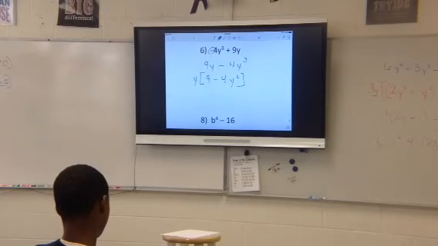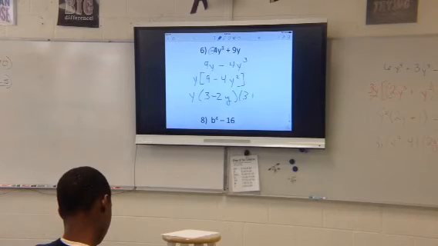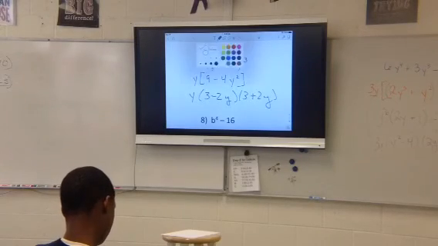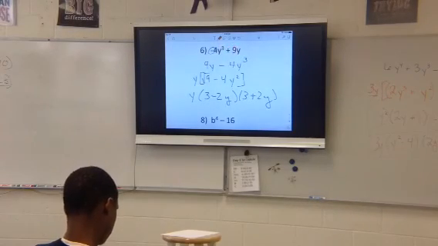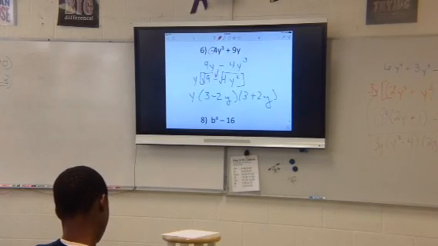Okay, we got y, and then I have parentheses 3 minus 2y, and then 3 plus 2y. Very good. Okay, so again, just keep in mind, we're just square rooting and square rooting. And we've got to have the minus in the middle to do all that. Okay? All right, and the